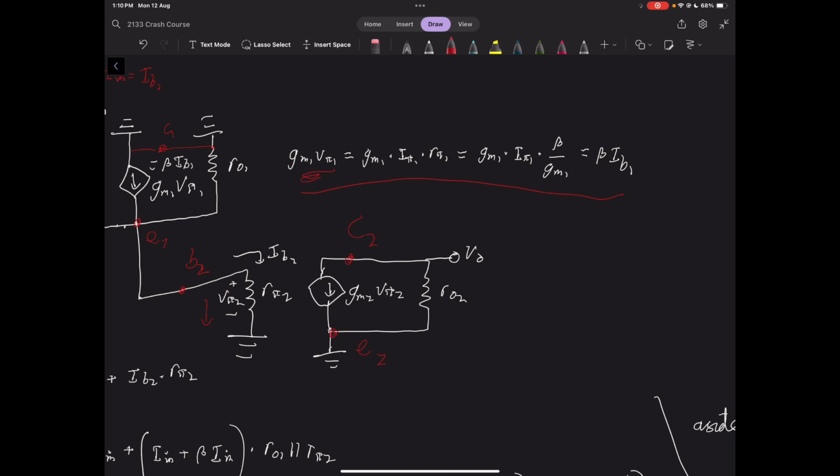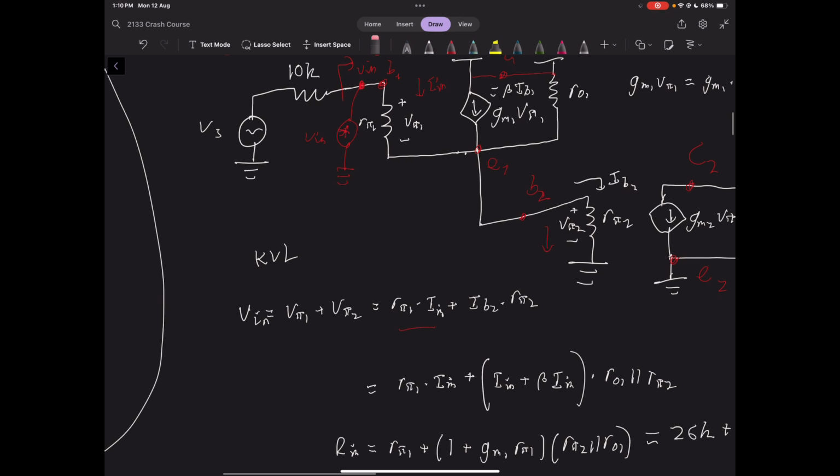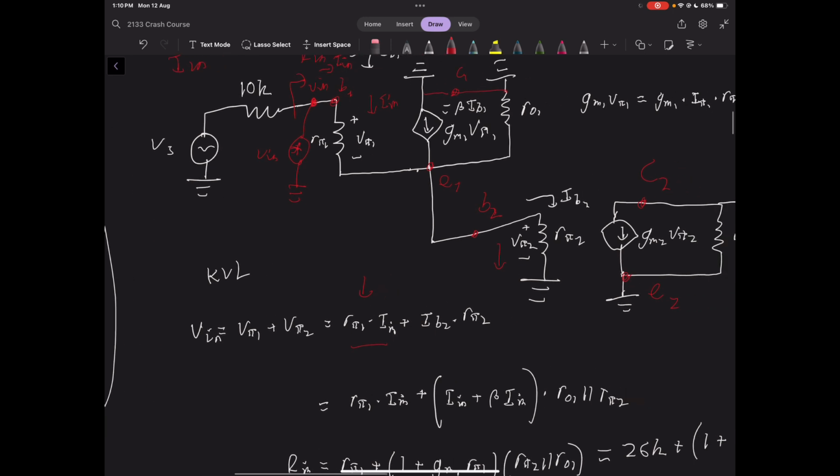Instead of thinking about this dependent source as depending on gm Vpi1, it can help to think about it as depending on beta Ib1 or beta Ipi1, depending on however you want to think about it. And so what that means is we can replace Vpi1 again with Rpi1 times the current In, and then we know that